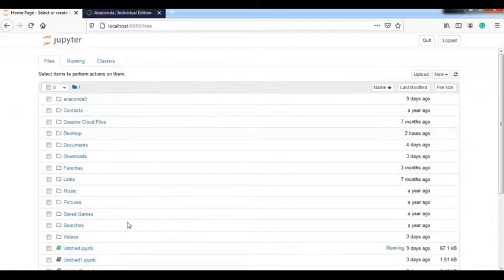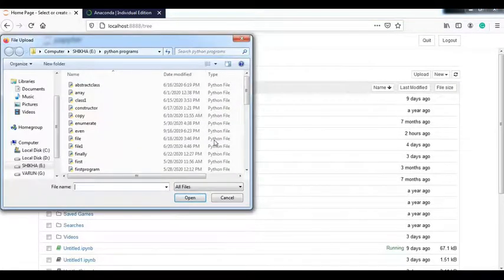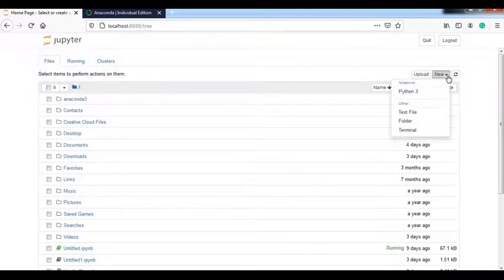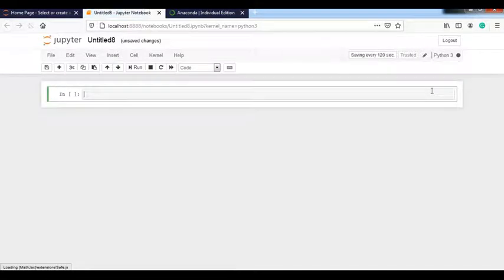Here you see the old folders are shown. If you already have a file designed, then you can upload it here and use that particular file. Otherwise, if you are working for the first time, then you have to click New and select Python 3. Now it looks like this.